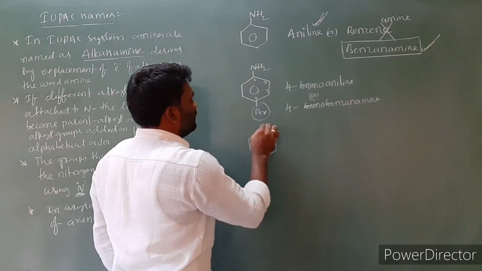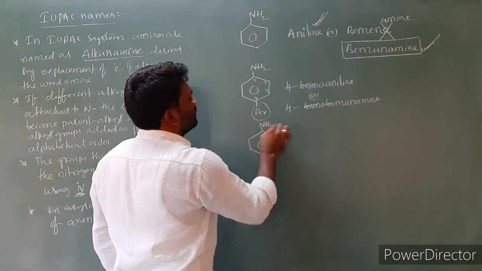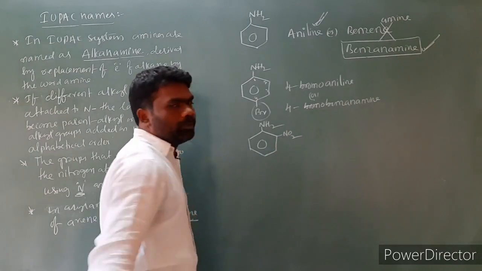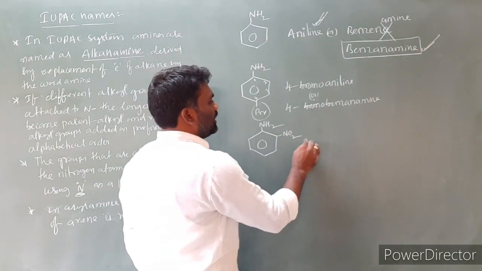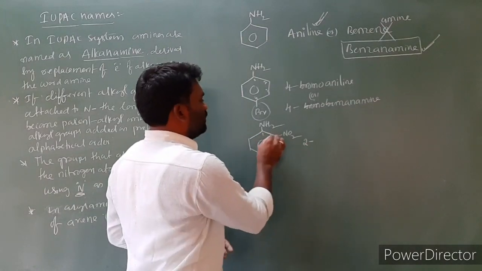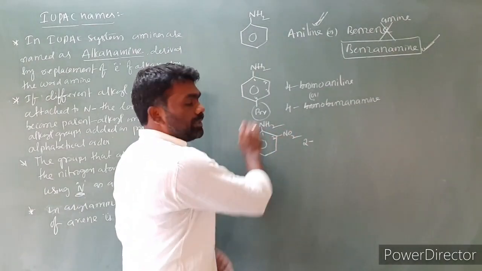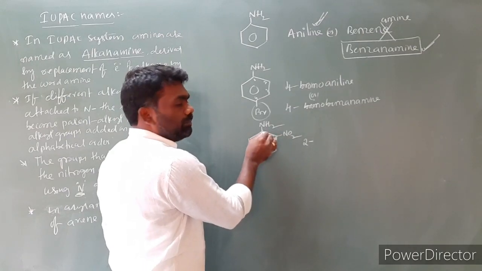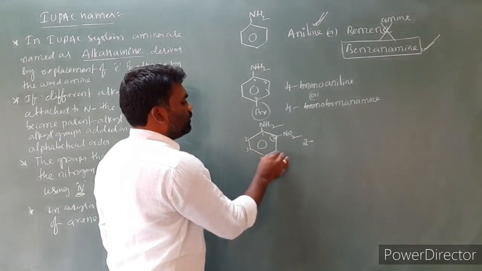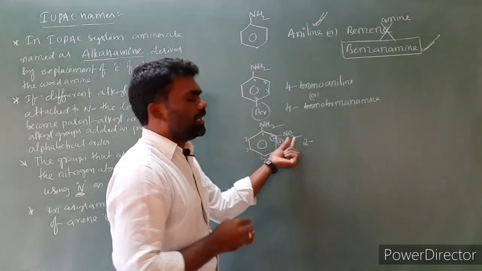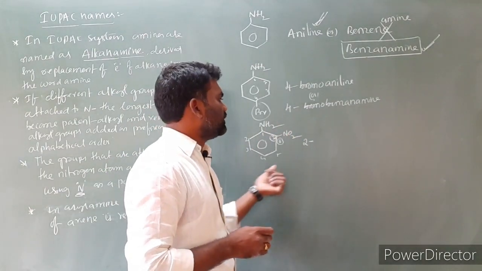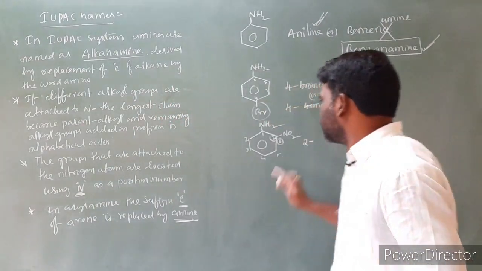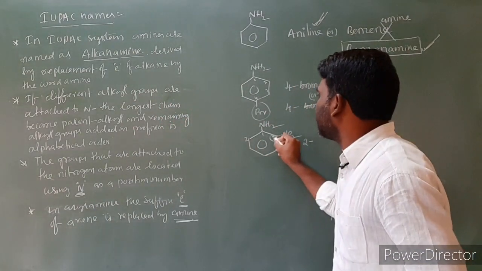I am taking NH2. Here an NO2 group is present. Then what is the name we can write? At which position? 1, 2. So we have to give numbering clockwise and anti-clockwise. In this direction, the second position is getting it. If you give numbering 1, 2, 3, 4, 5, 6, it is getting number 6. So in whichever direction the substituent gets the lowest number, that direction we have to take. So the correct numbering is this, it is the second.